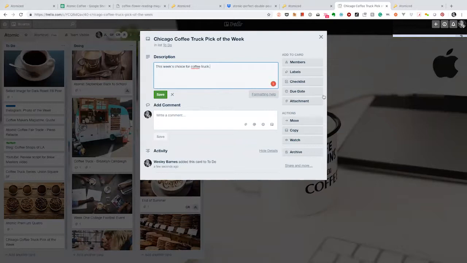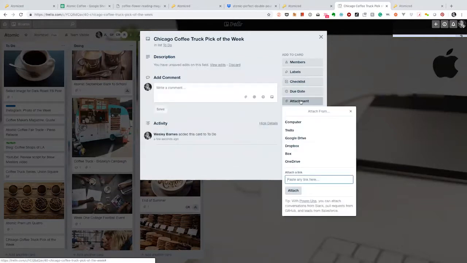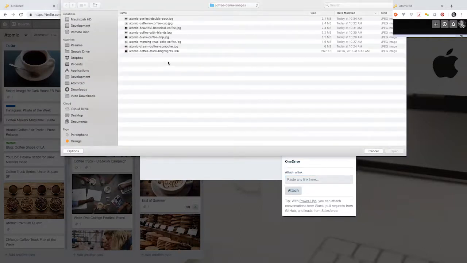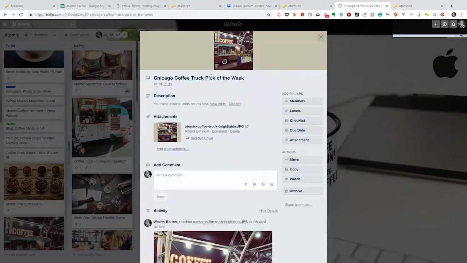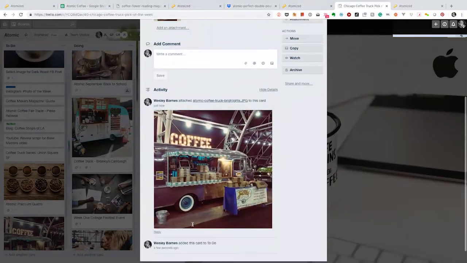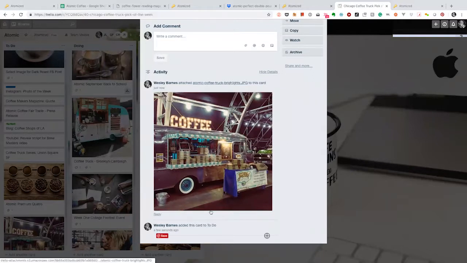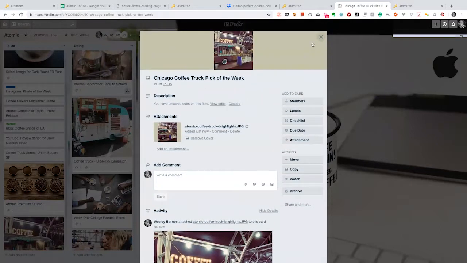All right, get that together, Wes. And then let's add an attachment, so pulling from the computer. That looks good. See what we got. Great. If you scroll down, you can see our coffee truck. Excellent. So having done that, let's now